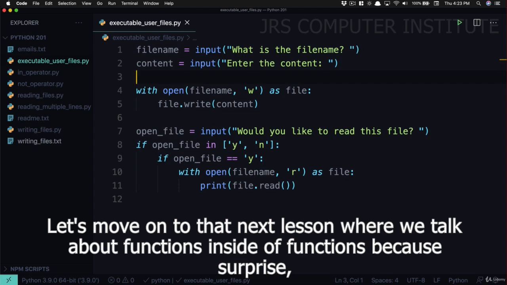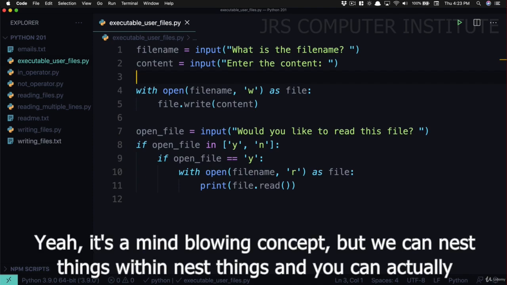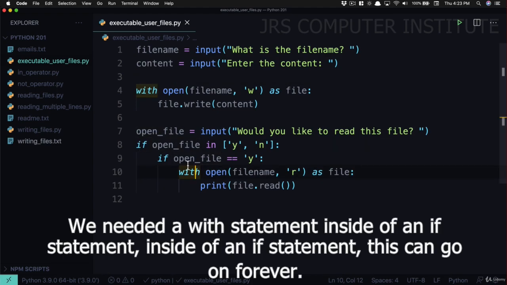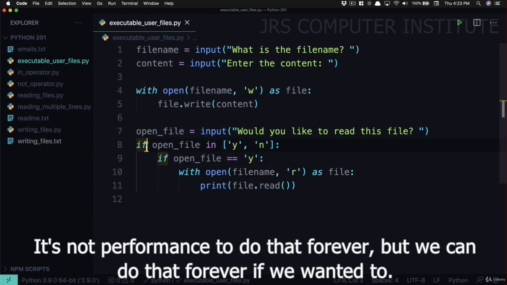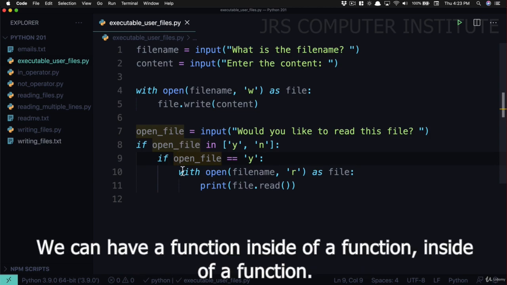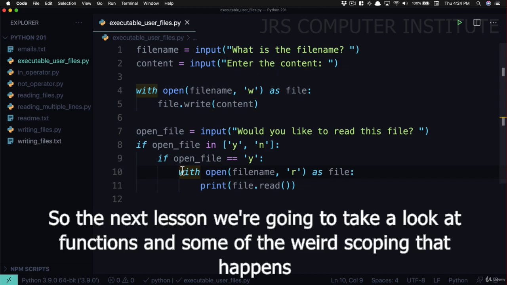functions inside of functions. Because, surprise, surprise, everything in Python is called an object. Yeah, it's a mind-blowing concept, but we can nest things within nest things, and you can actually see it here. We nested a with statement inside of an if statement inside of an if statement. This can go on forever. It's not performant to do that forever, but we can do that forever if we wanted to. And functions are no different. We can have a function inside of a function inside of a function. So the next lesson we're going to take a look at functions and some of the weird scoping that happens